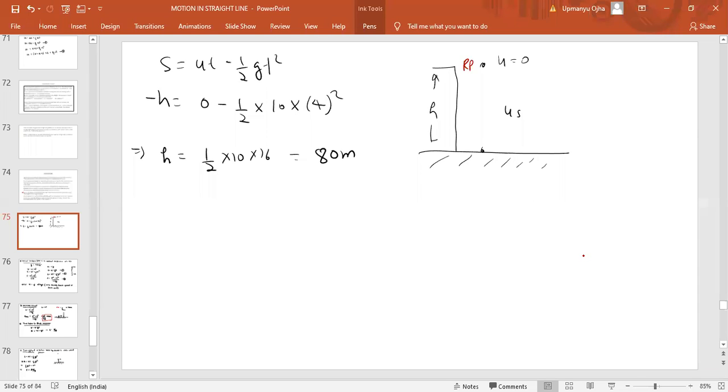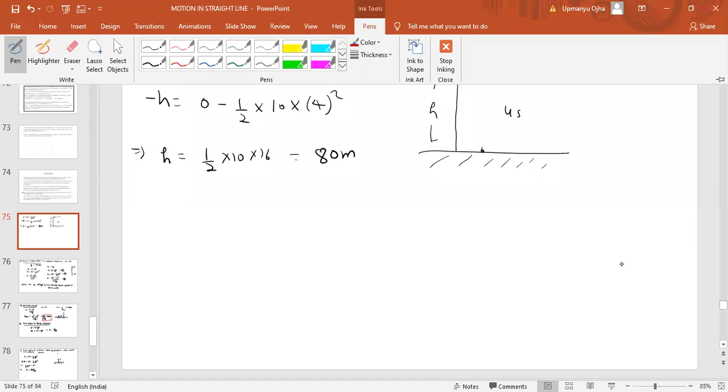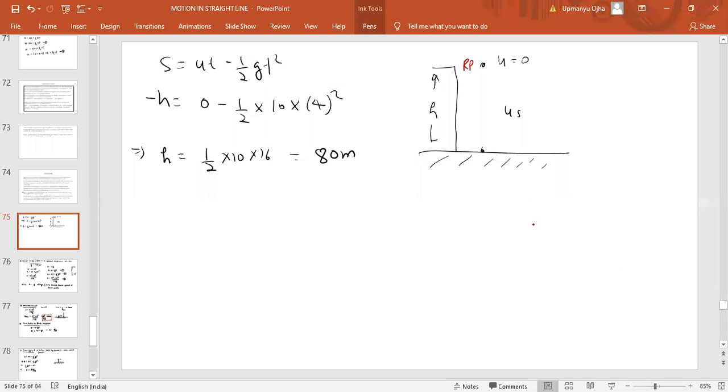So question number 4 we have discussed now. The remaining questions I'll discuss tomorrow. Tomorrow I'll discuss Friday homework as well as Monday homework. Tuesday homework is the NCERT questions only. Tomorrow we'll discuss Friday questions, and then we'll start the graphs.